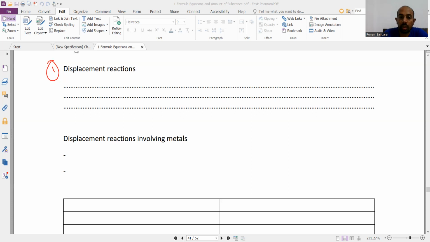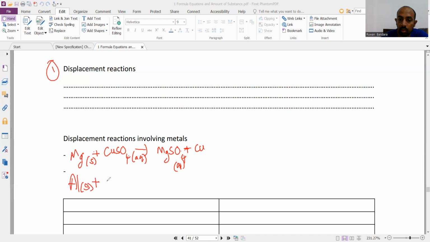So I'm going to take two examples from the textbook. I'm going to write the two examples. You'll see here the first one, displacement reactions involving metals. Mg solid plus CuSO4 aq gives you MgSO4 plus copper. Another one, aluminium solid